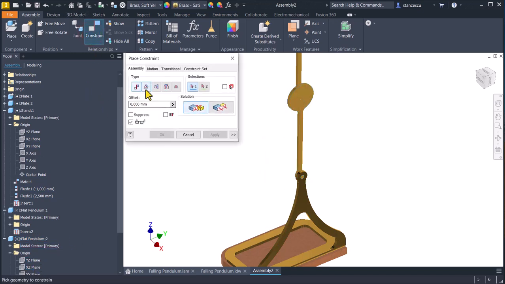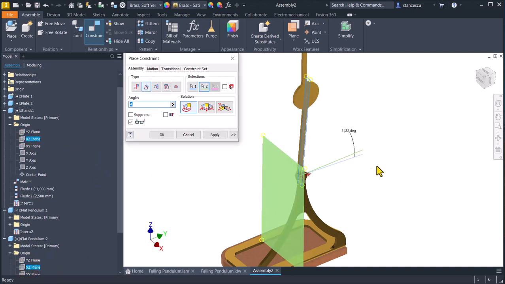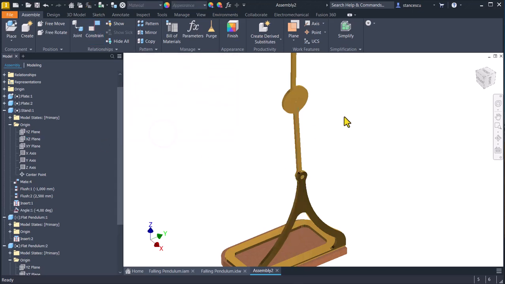Constraint angle first solution 4 degrees between this plane and this plane, but not to the right. I want to be to the left, minus. All of them are fixed now. Yes, nothing is moving, everything,